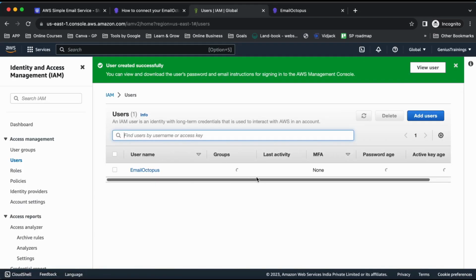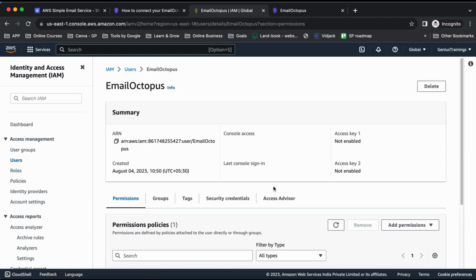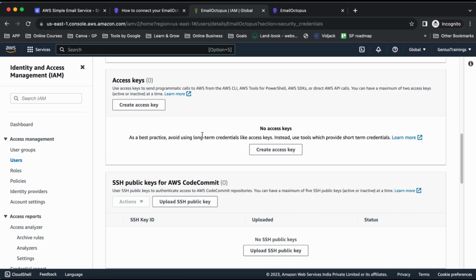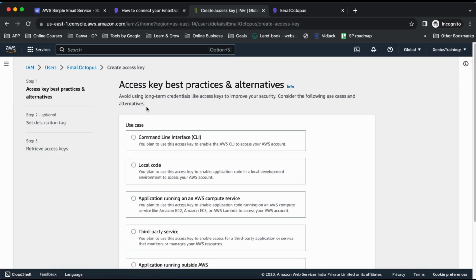Okay, so user is created. Now click on it, and now we need to create security credentials. So click on security credentials. If you scroll down, you will see access key. All right, and then you have to create access key. So we'll create access key. Click on this button